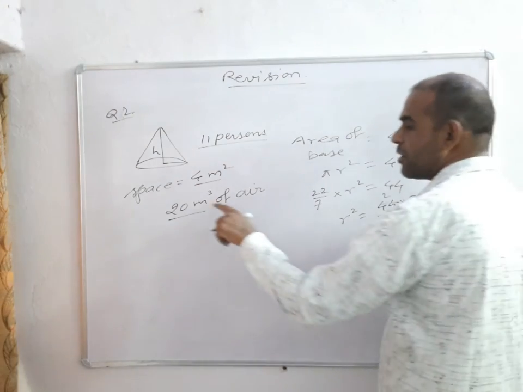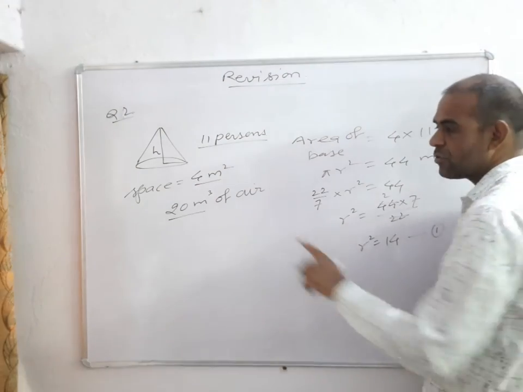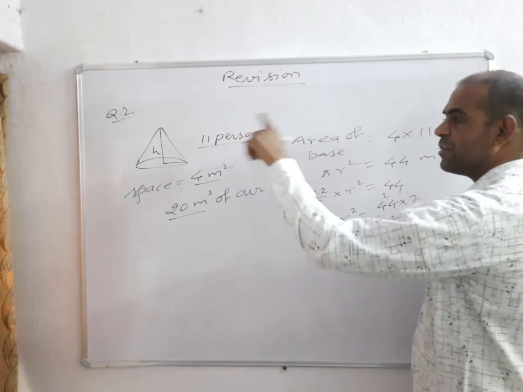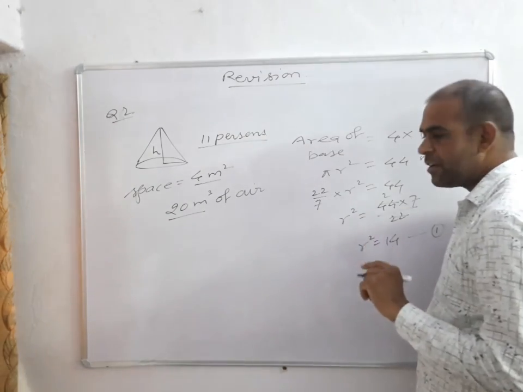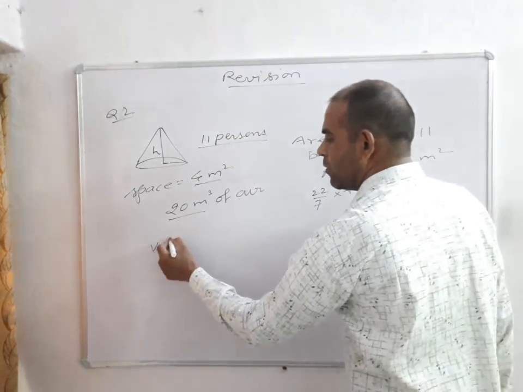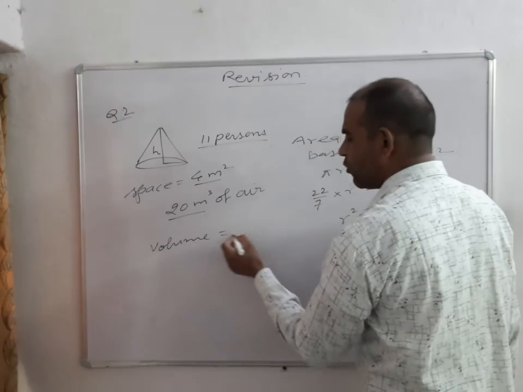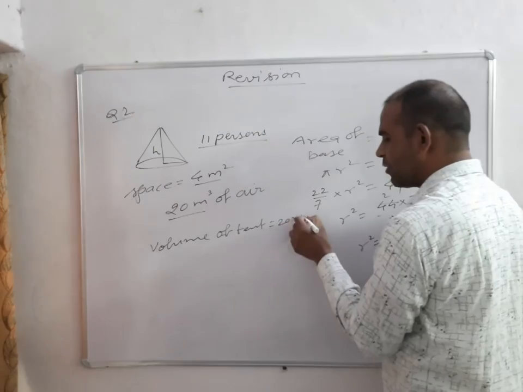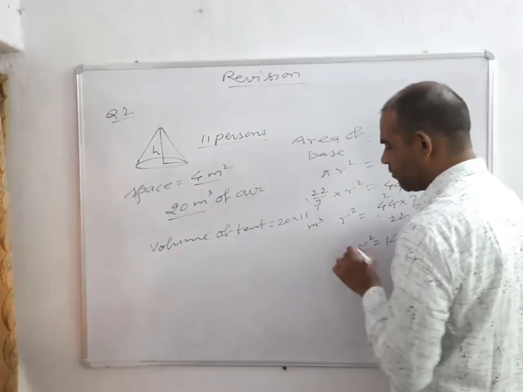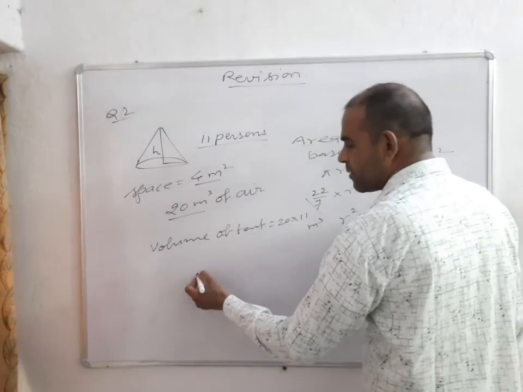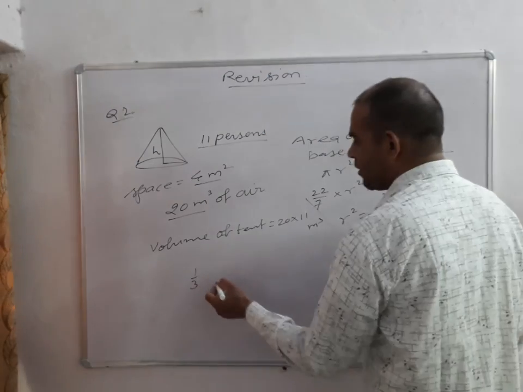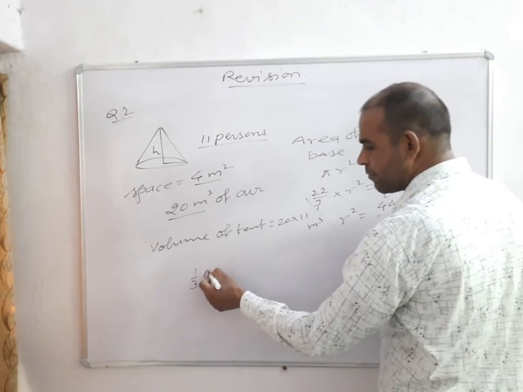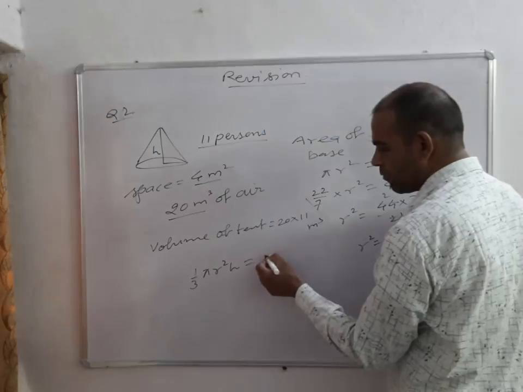Again, 20 meter cube of air to breathe. So 20 into 11, that is the volume of the tent. Volume of tent is 20 into 11 meter cube. Volume is 1 by 3 pi r square h. 20